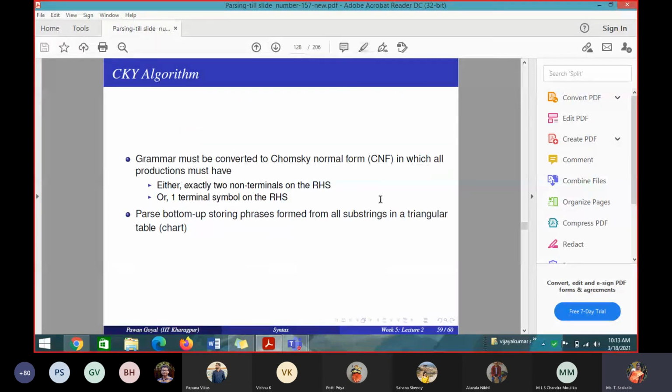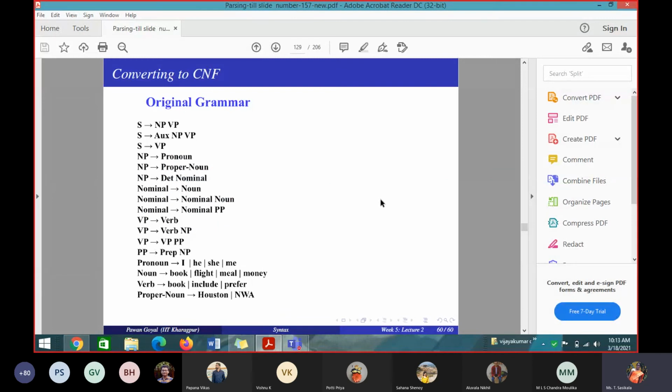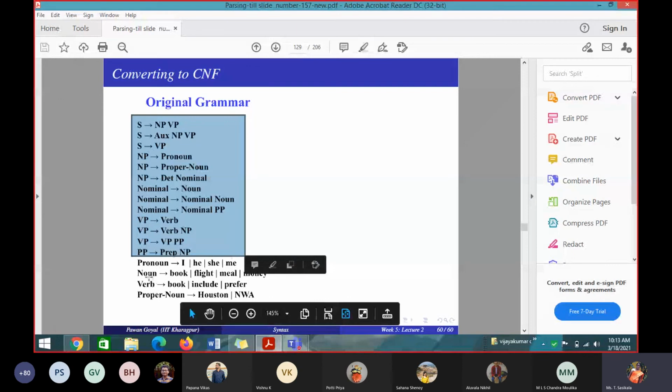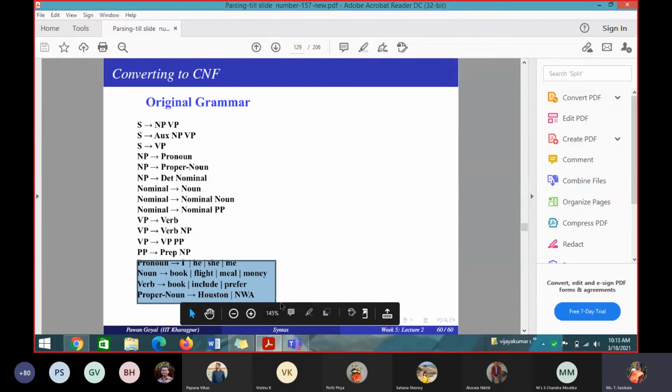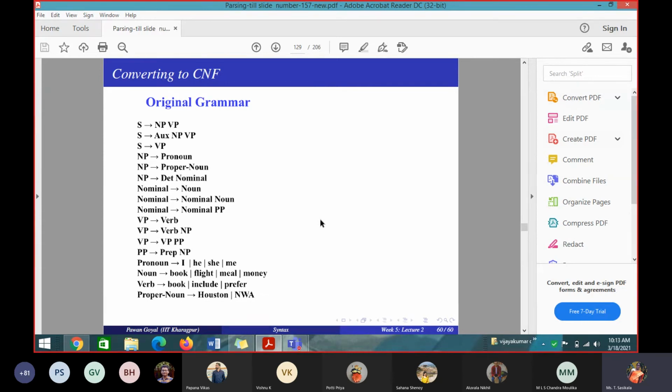Before that, can you tell me whether this is the original grammar given? From the first till here, these are called grammatical rules, and the last four rules are called what? This is the overall given grammar. The last four rules are called what? Lexicons. I want to apply this grammar to the CKY algorithm to draw a parse tree. For applying a grammar to the CKY algorithm, it should obey Chomsky normal form. Does the given grammar obey Chomsky normal form? Yes or no, you tell me.